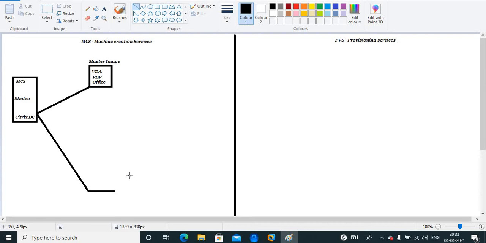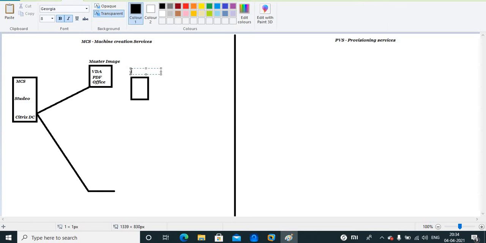Obviously, automatic process is the best because it will save your time. Suppose we have created multiple master images, based on location, uses of application, or department wise. So we have created one more master image over here.